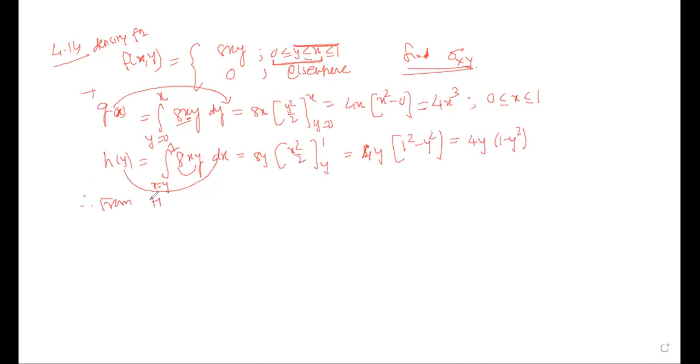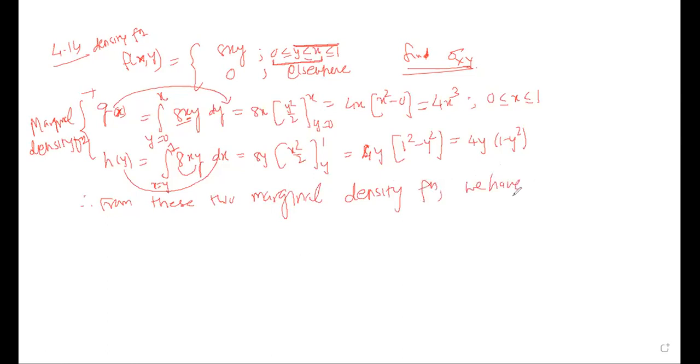From these two marginal density functions, we have mu of x that is equal to E of x, and that is